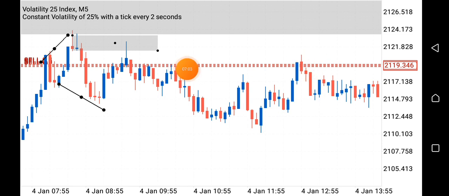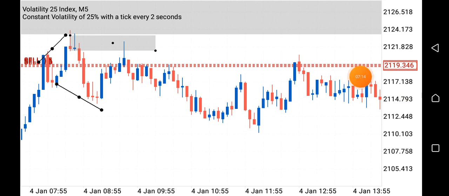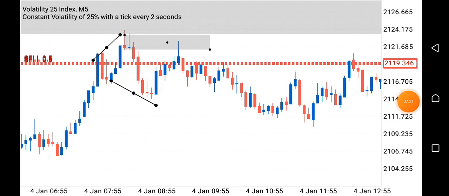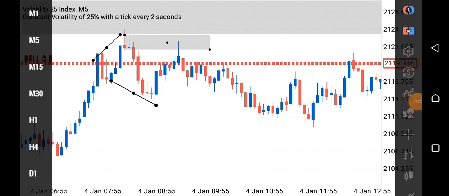So I added more positions because I've closed most of the positions. So I'm going to show you why I added some positions from this zone as well as this zone. So I spotted this one from the 1 minute time frame. So there was a gap here. So going down to the 1 minute time frame,